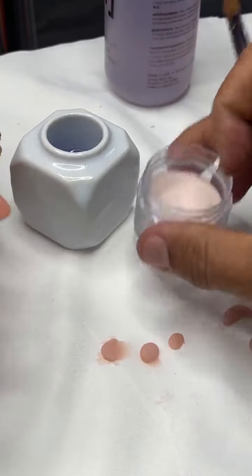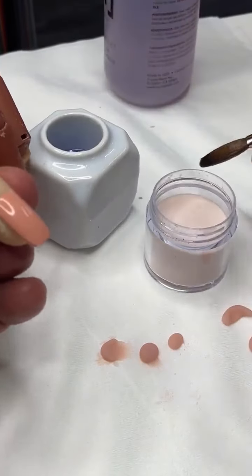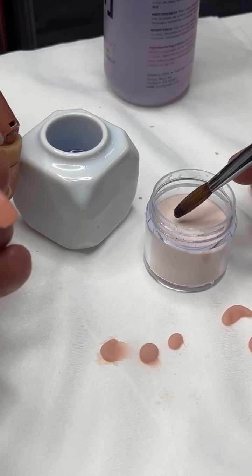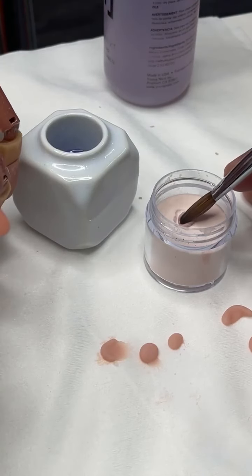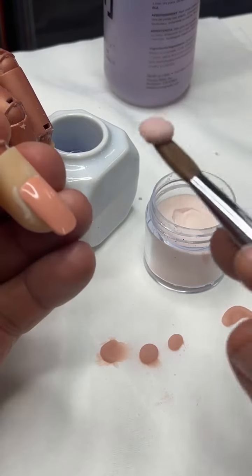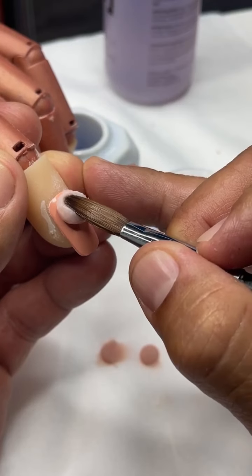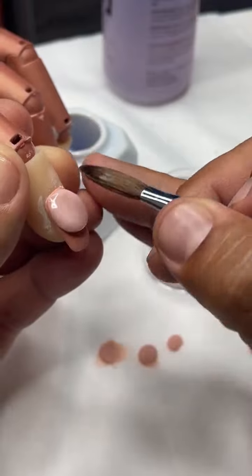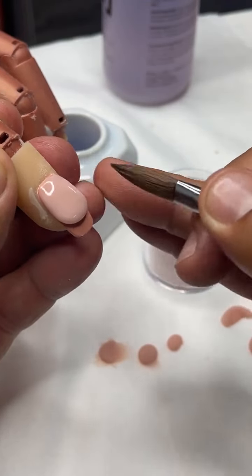Again, if I submerge my brush and barely touch it, having a lot of monomer is going to give me the ability to grab a lot of powder. Again, pulling back and then bouncing. And then once I have it, notice my count: 1, 2, 3, around 4, I release. I have a beautiful consistency where I'm going to be able to use the tip of my brush and lightly